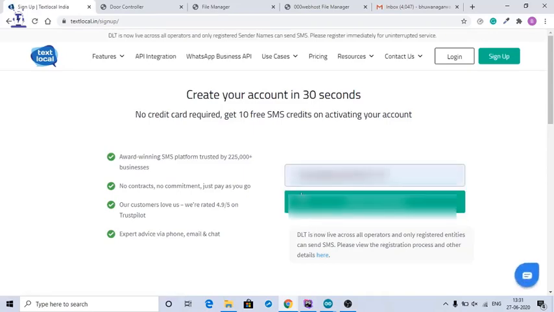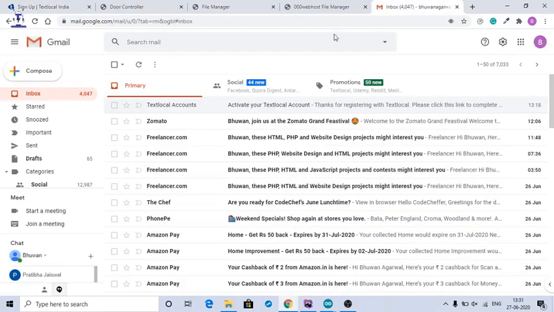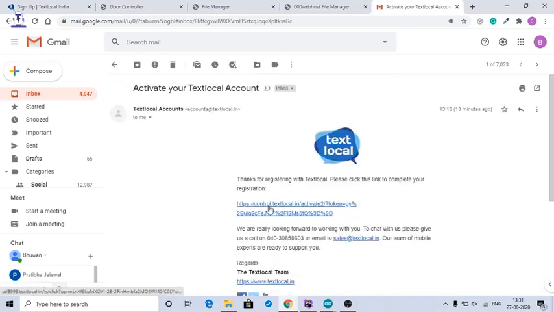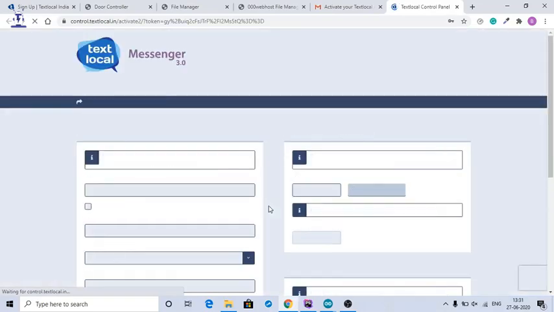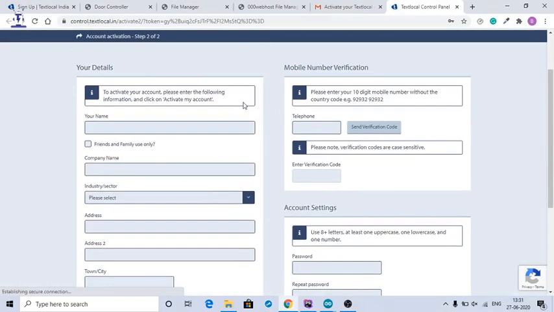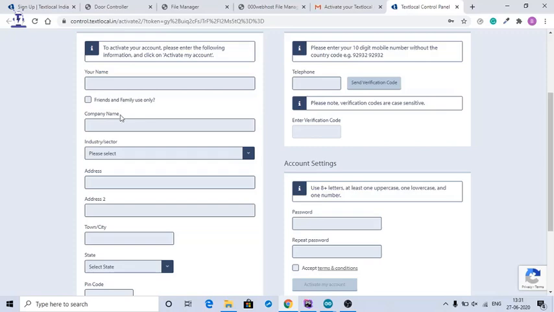Now as you click on this create a free account button, you will receive a mail in your inbox from the Text Local accounts where you will get a link to activate your account. Here you need to fill in all your details like your name, your company name.